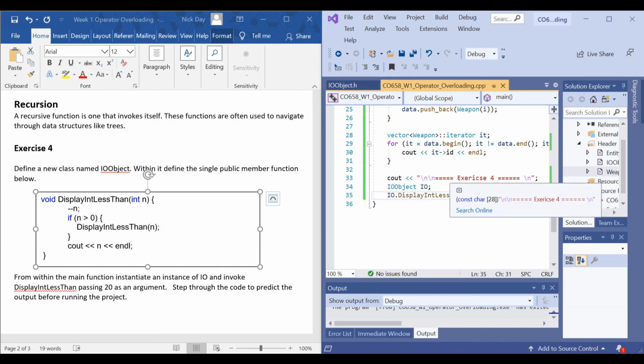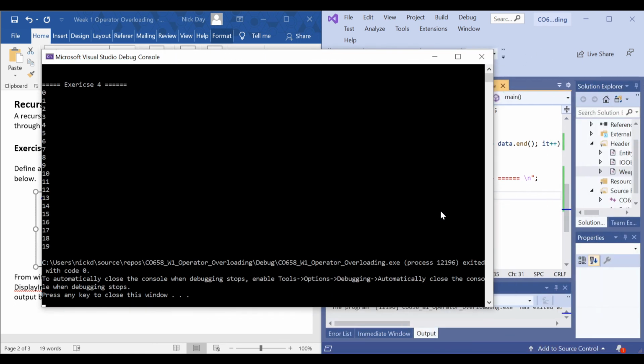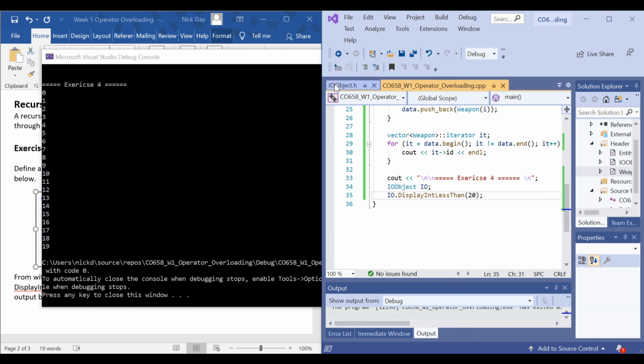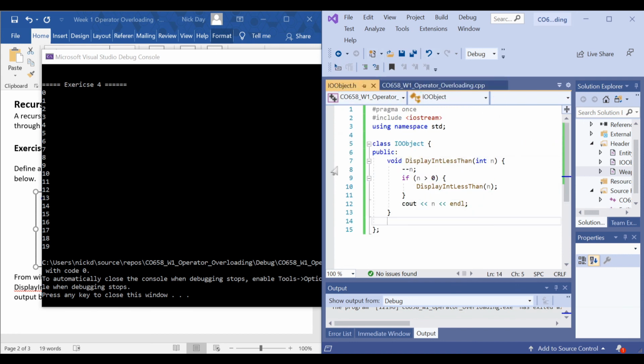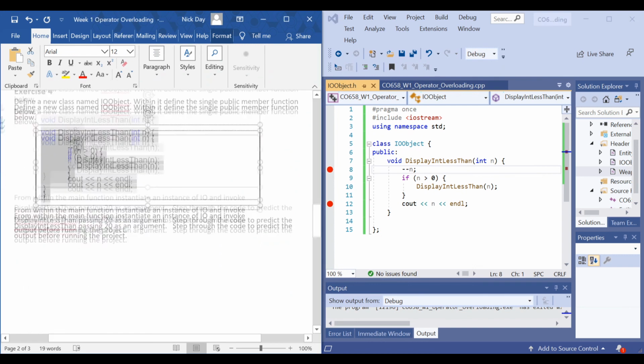And so, from looking at this code in the previous video, we should already know that it prints out values from 0 to 19. And if you did want to step it through, it might be a useful way just to see how it works. You can add in the breakpoints there, at various points, so you can then step it through and look at what the values are and how it calls itself again. But just to save time, I'm going to move on and have a look at the next part of the exercise,